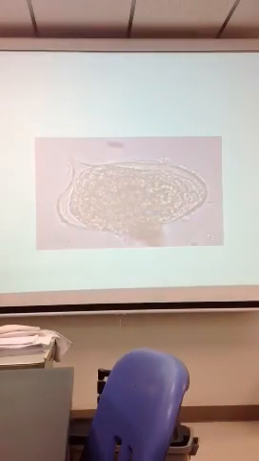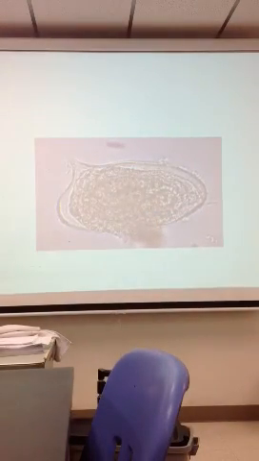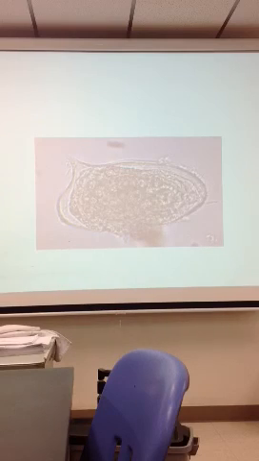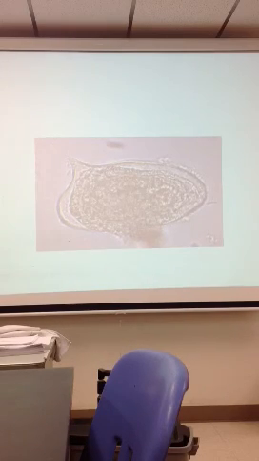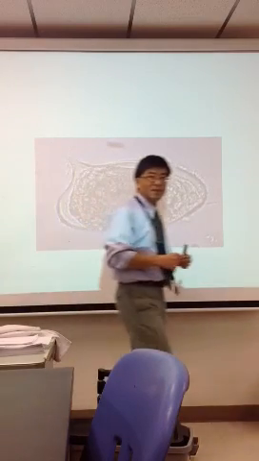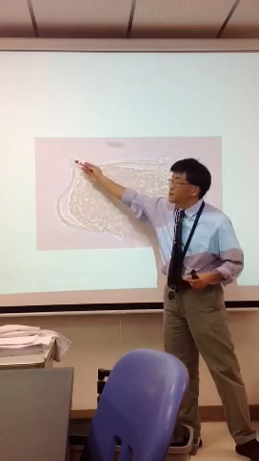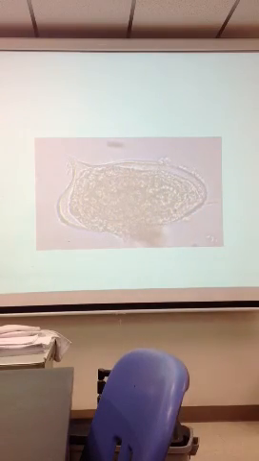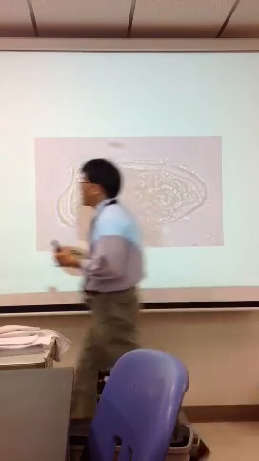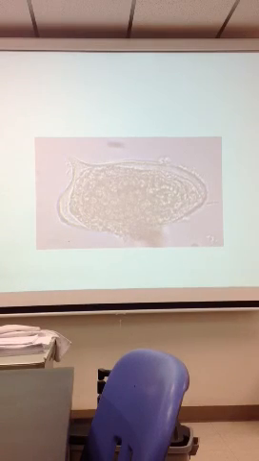Okay. And what do you look for to tell you that it's Schistosoma mansoni? Hook, little. Yeah, little spicule. Okay, the hook. Right. So that's that. So remember, this is called